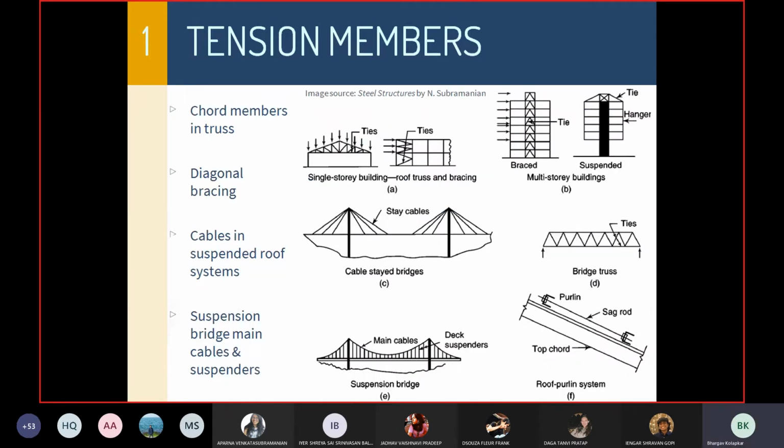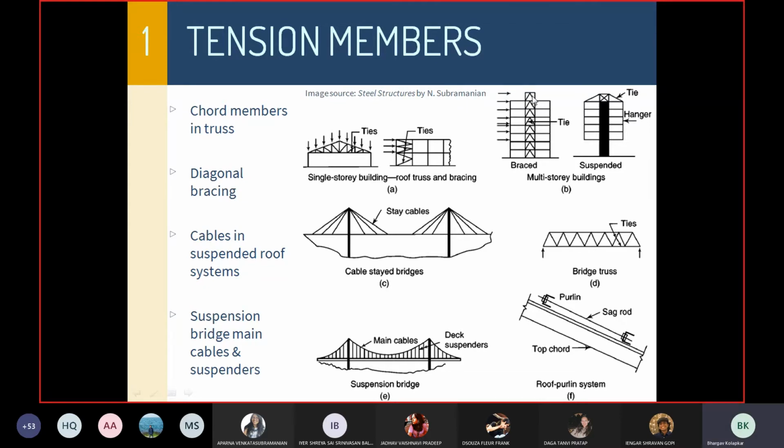Now, common examples of tension members are trusses: the bottom chord and the different diagonal elements are tension members. Then, obviously, cable-stayed bridges, all these cables are tension members. In suspension bridges, the main cable as well as the deck suspenders are tension members. Then an important application is the bracing system. All these inverted V's that you see are a bracing system,